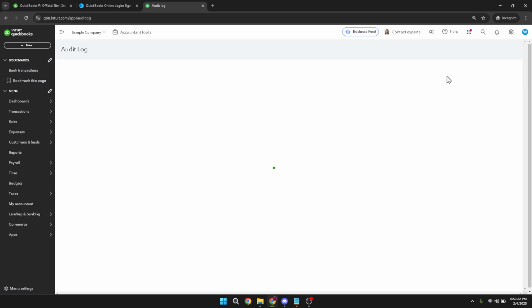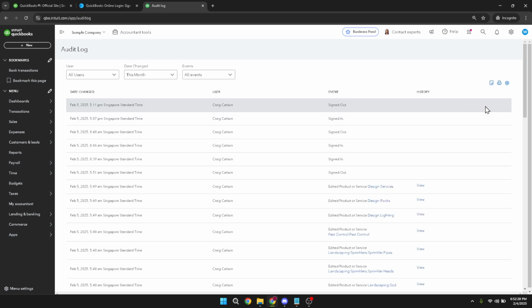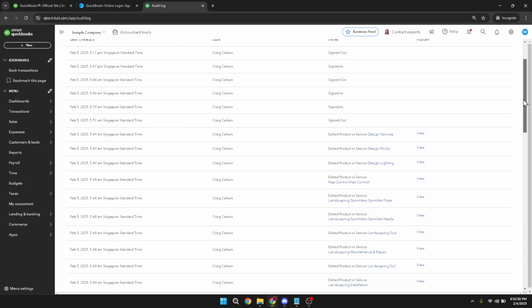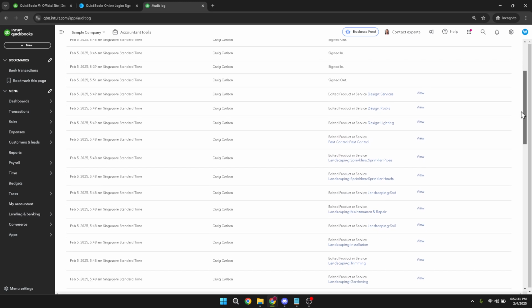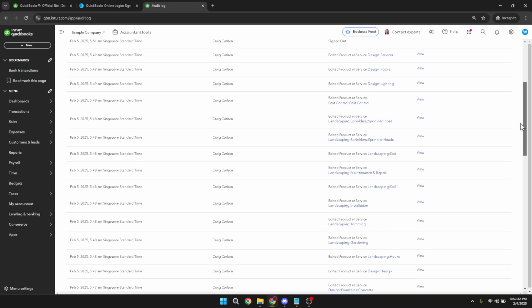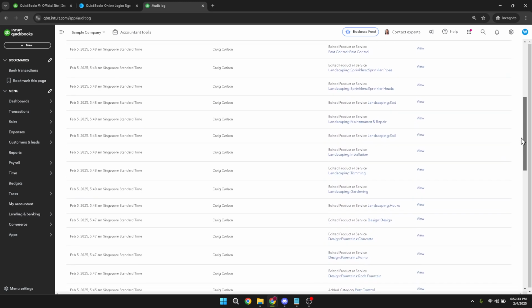This will bring up the page where you can view all user activities. On this page, you'll see details like dates, times, the user who made changes, and what specific changes were made. The interface is quite user-friendly, allowing you to filter through various actions or search by specific users, a vital tool when you're trying to pinpoint particular activities or cross-reference changes made by different team members.